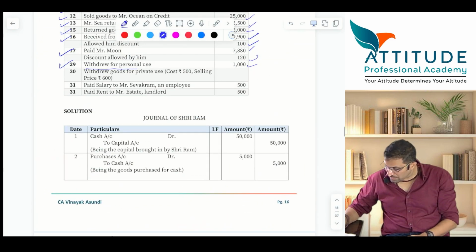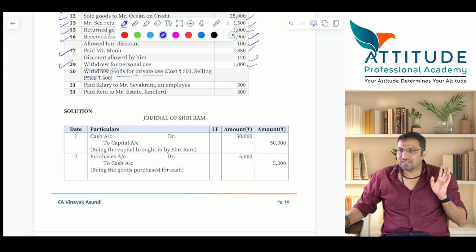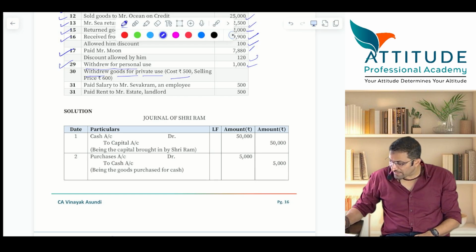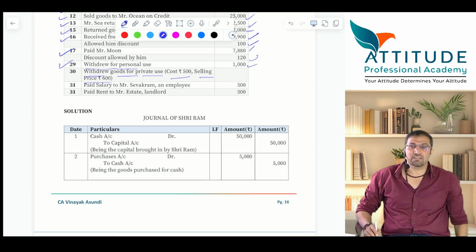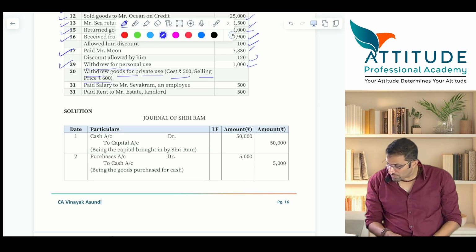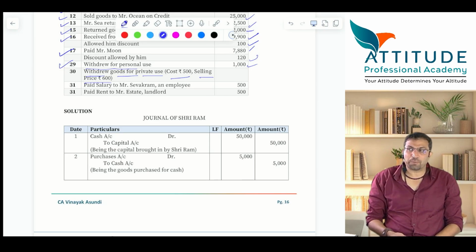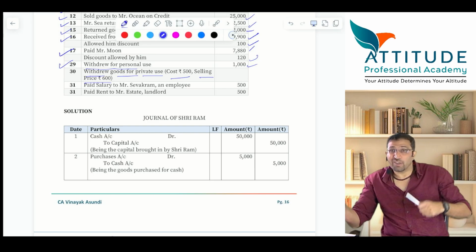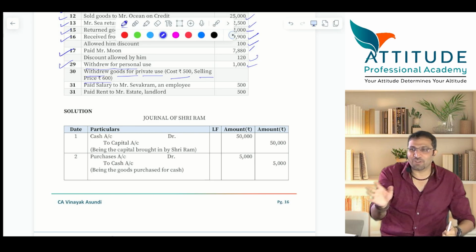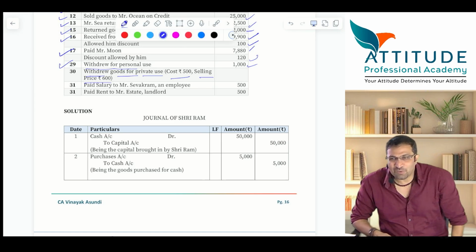Come down to 30th. Now, clearly they have given: withdrew goods for private use. Goods are withdrawn. And here they have mentioned cost is 500 and selling price is how much? 600. Now, withdrew goods for private use means the owner is withdrawing for private use. Goods are being withdrawn. Can you treat it as sales? Business is different, owner is different, so business is selling to the owner? No. How can you sell the goods to your